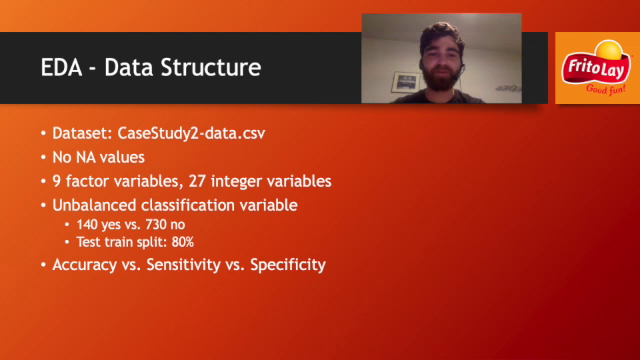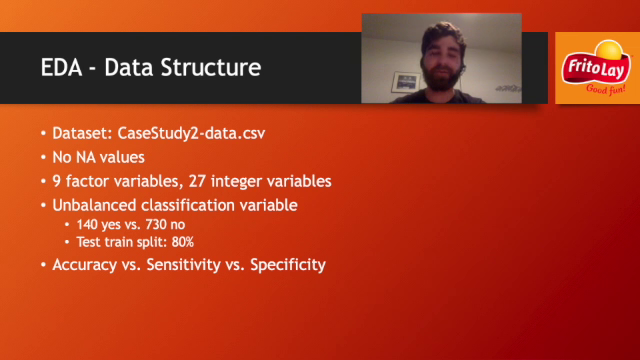There are 9 factor variables and 27 integer variables. We are trying to predict one of the factor variables using classification and one of the integer variables using regression. The classification variable that we are predicting is attrition, and it is unbalanced, meaning that there are more no's than yeses. In order to combat this, we made a train-test split of 80%, but the 80% is the amount